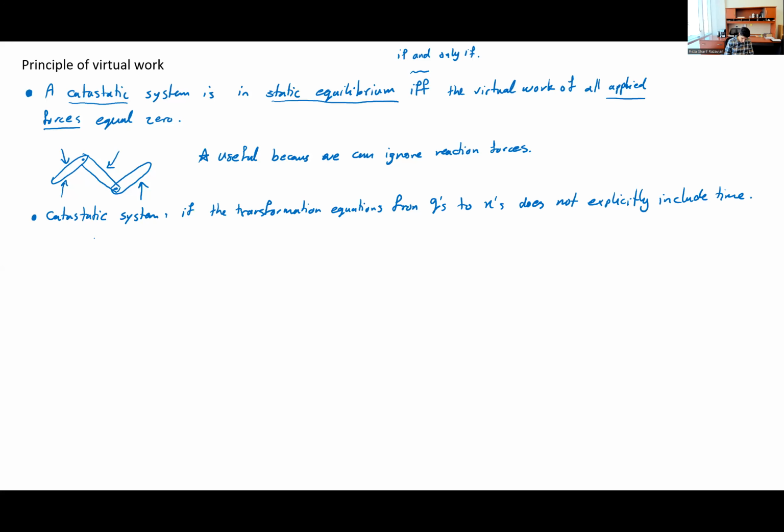So in other words, partial x_i partial, oh sorry, partial t